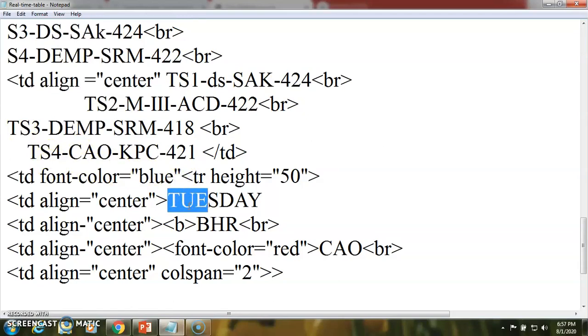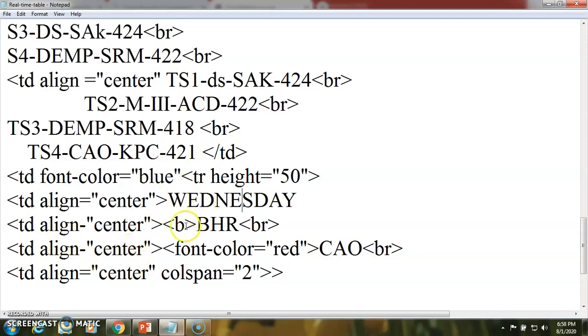Here we have to add the day, that is Wednesday. So we can add more required slots to that TD.